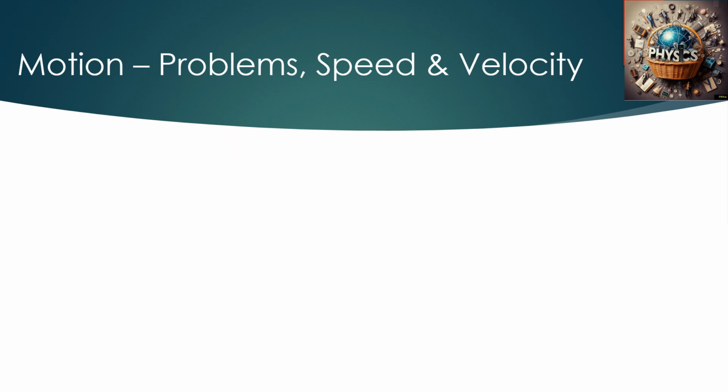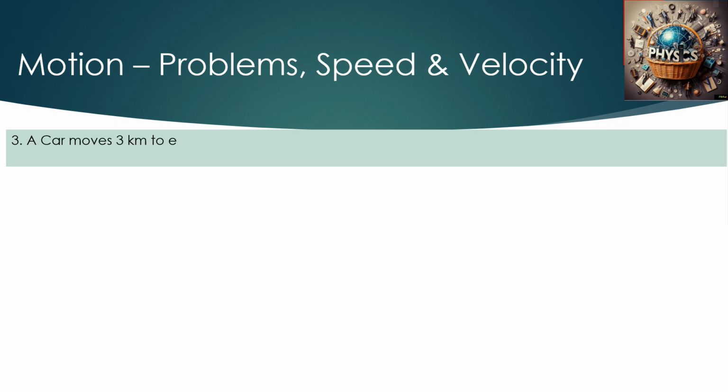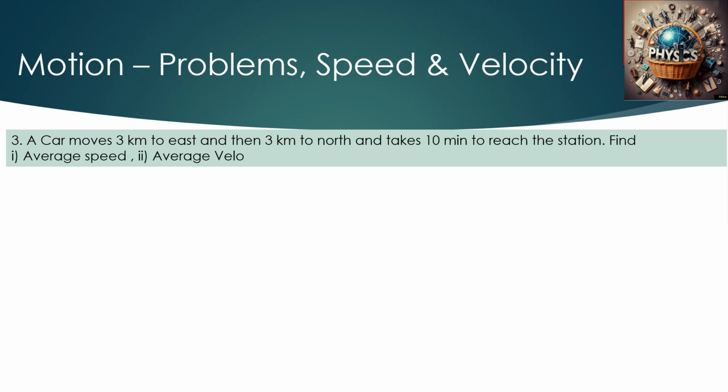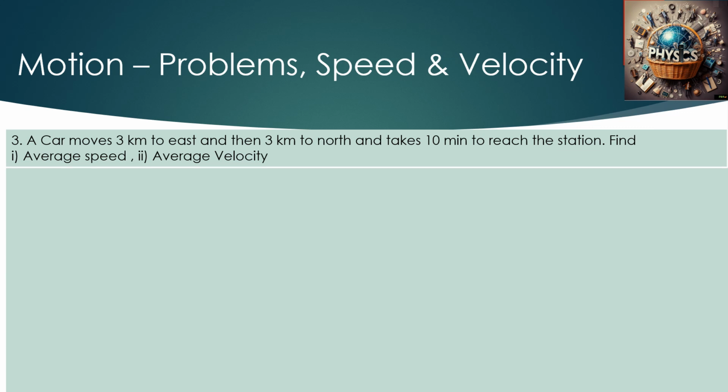So let's start with the next question, which says that the car moves 3 kilometer to east. Okay, so it has a direction also, and then 3 kilometer to north, and takes 10 minutes to reach the station. Okay, and find the average speed and the average velocity. So we know